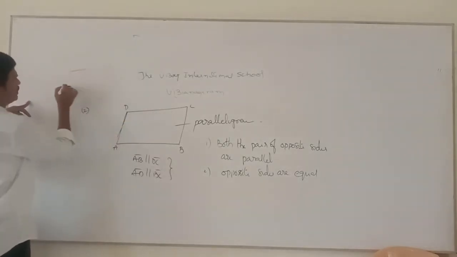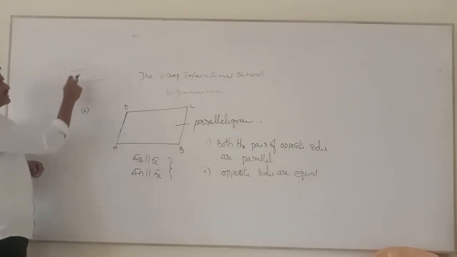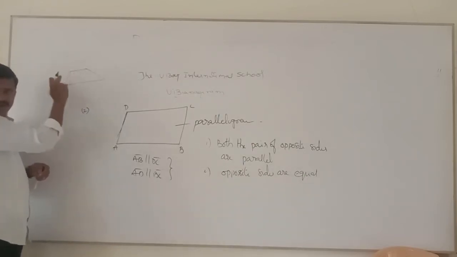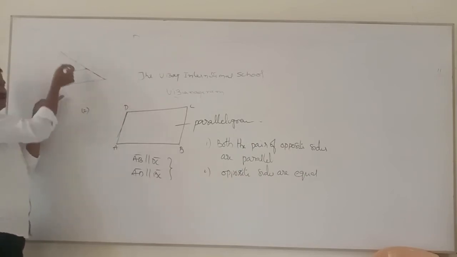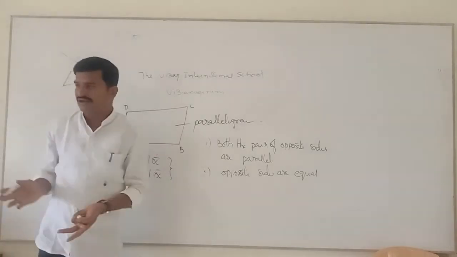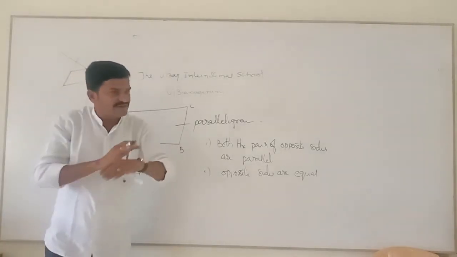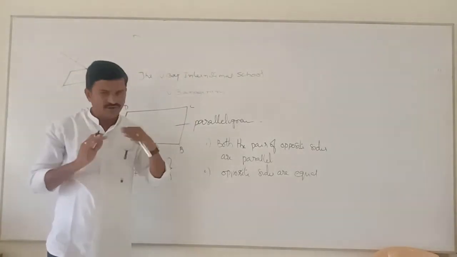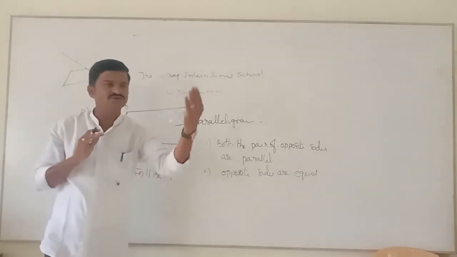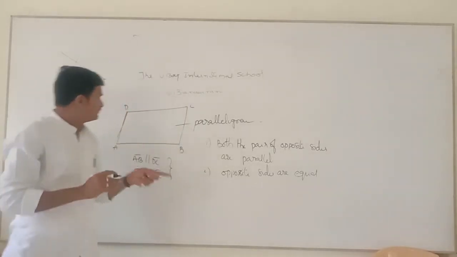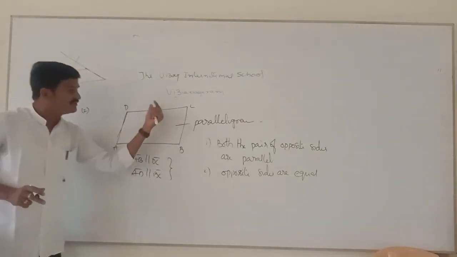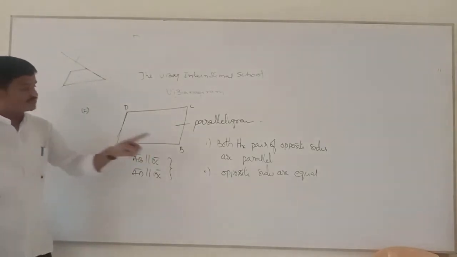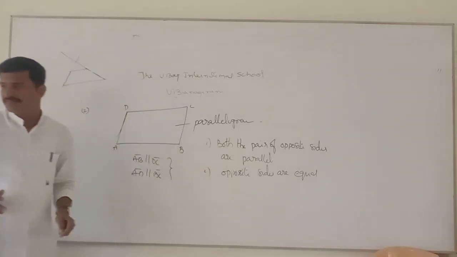Let us take them as not equal. See this and this. If these are not equal, how will this pair be parallel? It will not be parallel. If you extend like this, somewhere these will intersect. When the extended lines intersect, it is not considered parallel. Parallel means they do not intersect anywhere. Only then are those two lines called parallel lines. If you take it like this, how are these parallel? So definitely both pairs will be equal. So opposite sides are equal in a parallelogram.